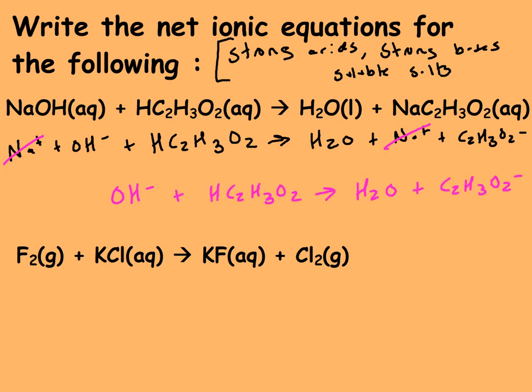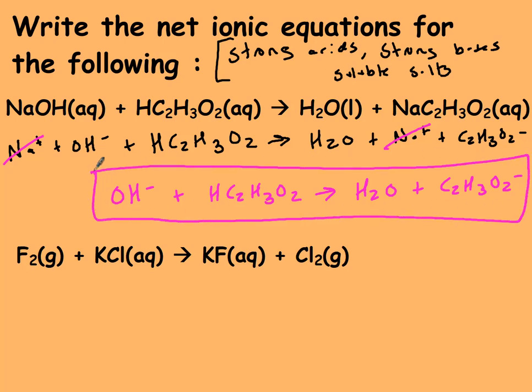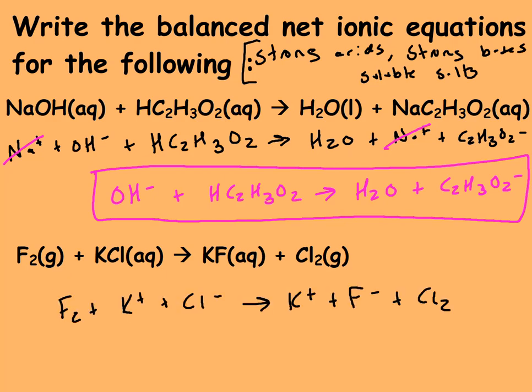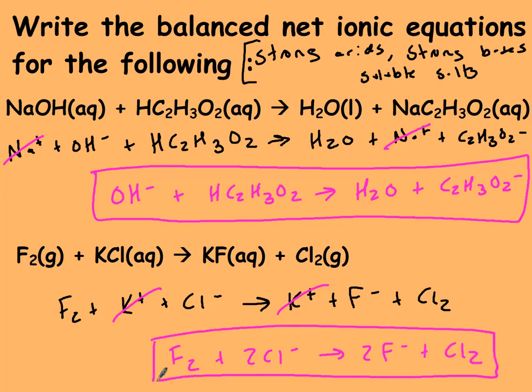Make sure that your equation is balanced. If it's not balanced, then you will not get the point, and make sure that you have charges on things that should have charges. In this case, it is balanced, so this is my final answer. So again, this is my complete ionic. My spectator is potassium. And so you should have had a 2 in front of chlorine ion and a 2 in front of fluorine